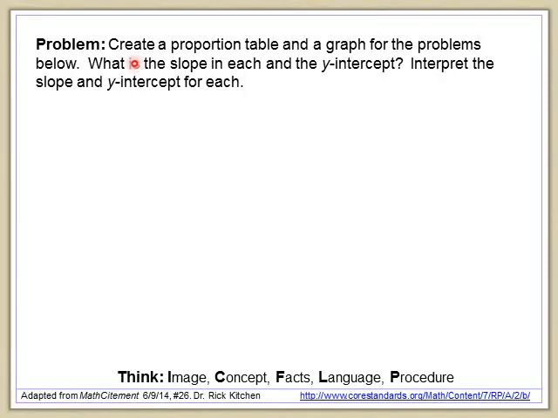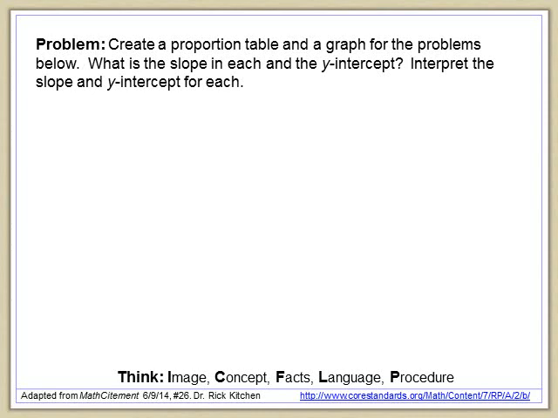For each of the problems in this series, we're going to do two things. First, we'll create a proportion table, and then we'll look at a graph of the relationship, and in each case identify the slope and the y-intercept and interpret what they mean. The point here is to really help students understand how the slope and the y-intercept are related to the idea